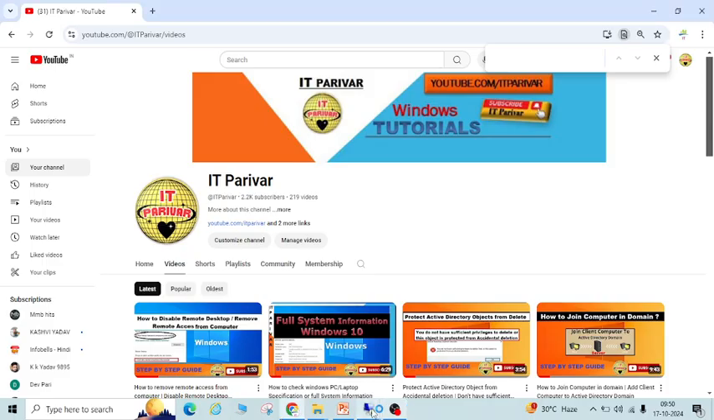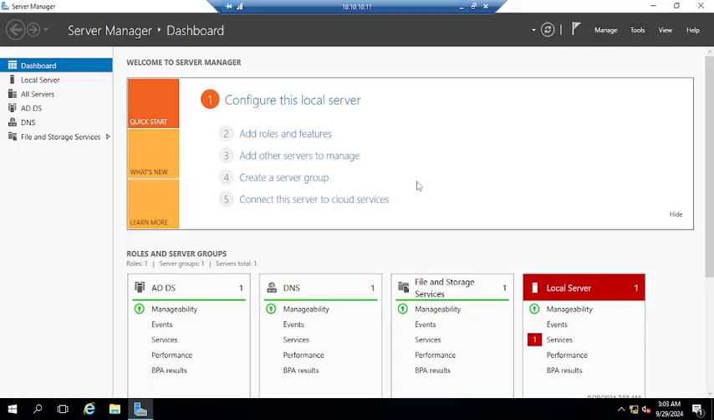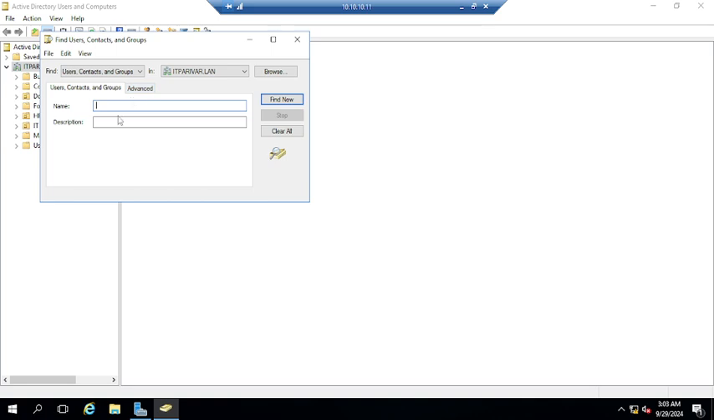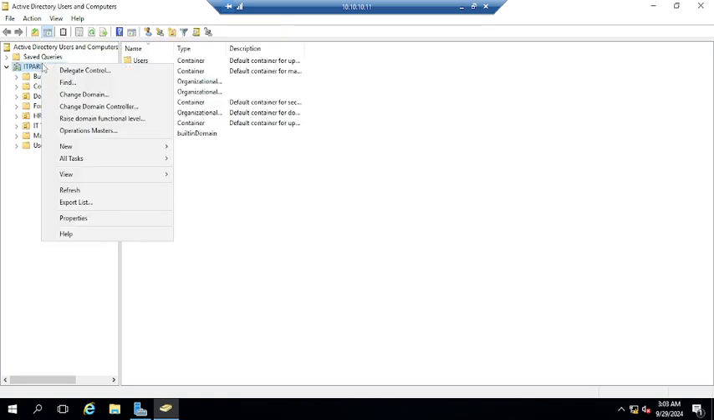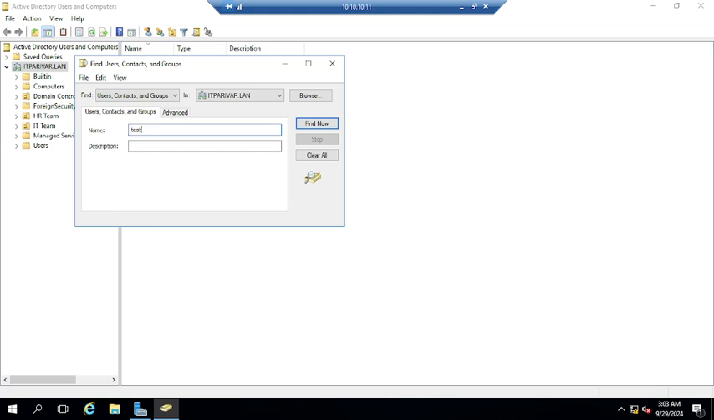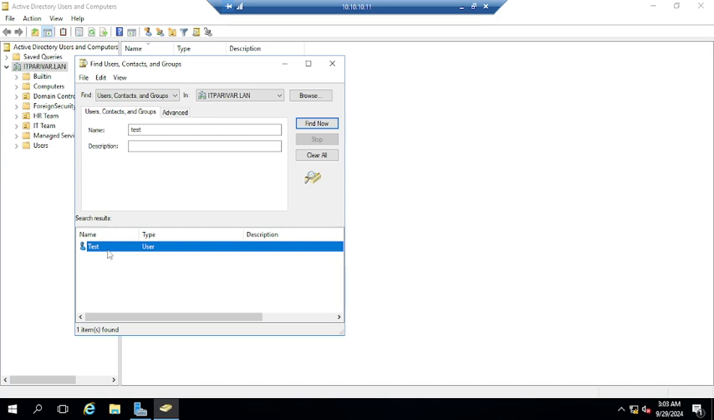Now let me jump on my domain controller, my Active Directory server. So this is my Active Directory server, or you can say domain controller. I'm going to open Active Directory Users and Computers, and here I'm going to find that test user. In your case, you can find the account which is locked out. So you have to find test or any other account, and just right click,